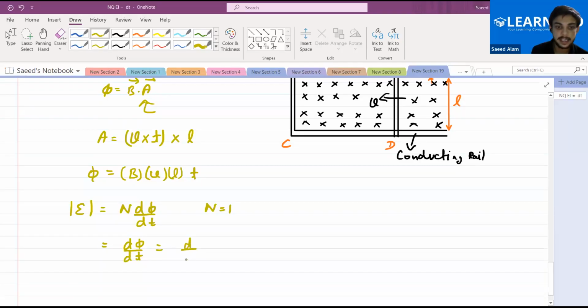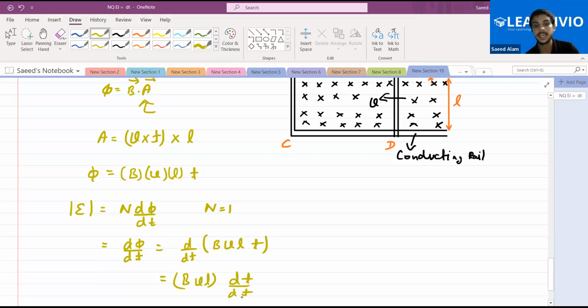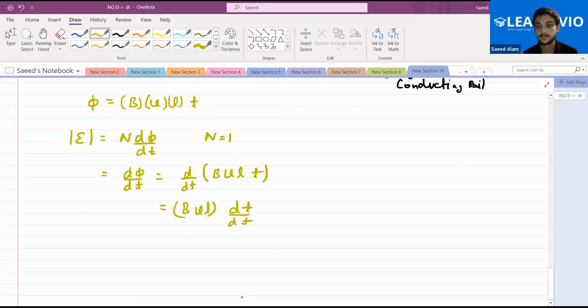If I differentiate the above expression, BVL into time, what will I get? I'll get BVL into dt by dt, which is equal to 1, because BVL is a constant quantity. So EMF will become equal to